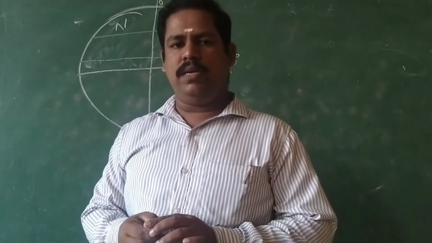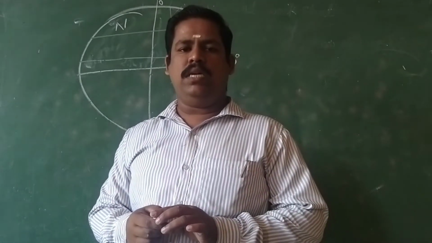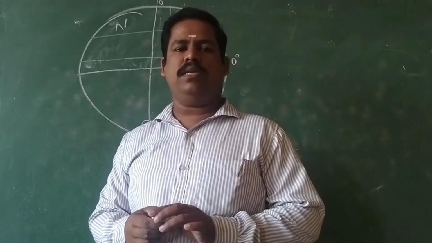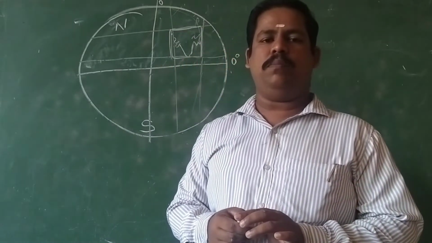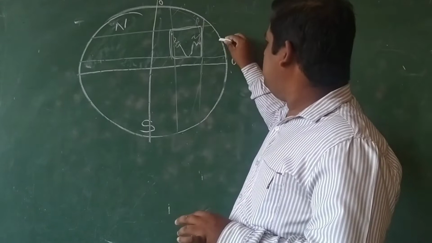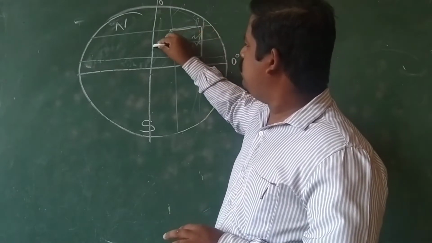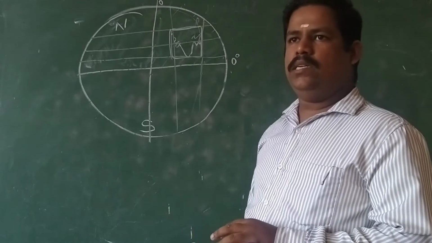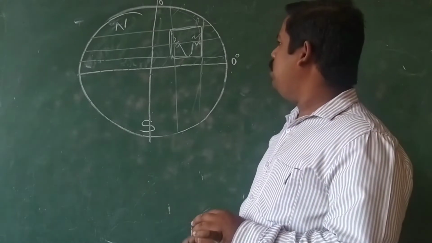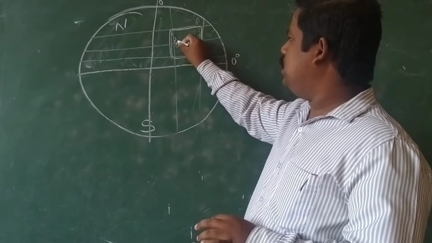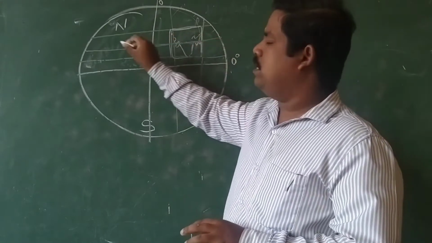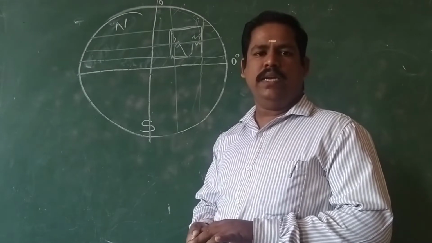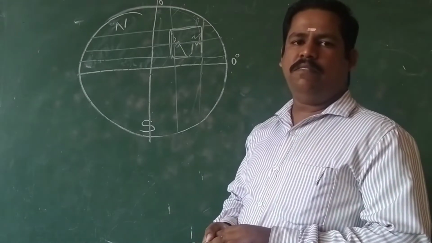One more point we can add here. There is another latitude called the Tropic of Cancer. The 23.5 degree north latitude is known as the Tropic of Cancer. That latitude passes through the middle of India. A question can come: which is the latitude that passes through the middle of India? Gujarat, a little bit of Rajasthan, Madhya Pradesh, and so on, these places come into this. The answer is the Tropic of Cancer.